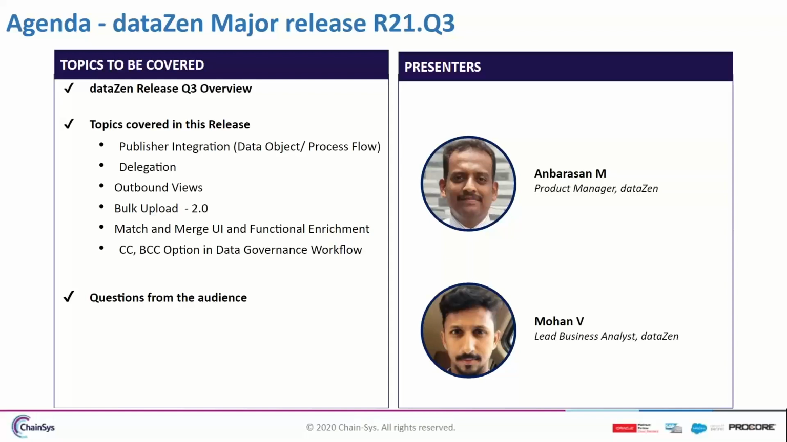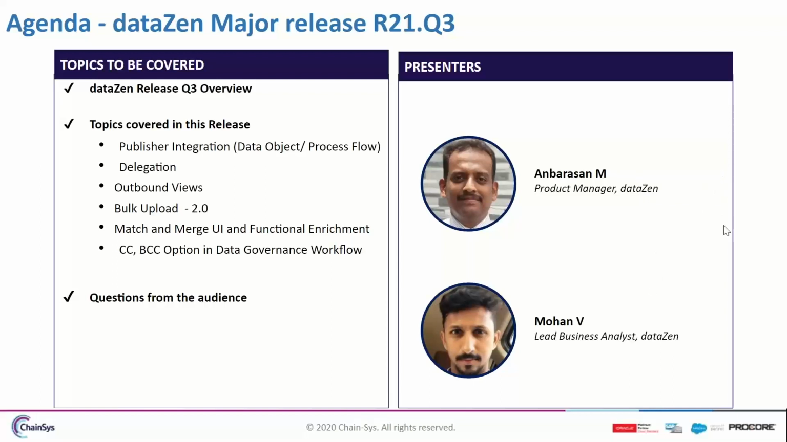And number 4, bulk upload version 2.0. We are well aware we have a bulk upload, very compact, not having many features today. But this bulk upload 2.0 is going to bring a lot more features. We can customize our loader files, and validations can be customized based on the user's business requirements. And number 5, match and merge UI and functional enrichment. This is going to be the real key highlight for this